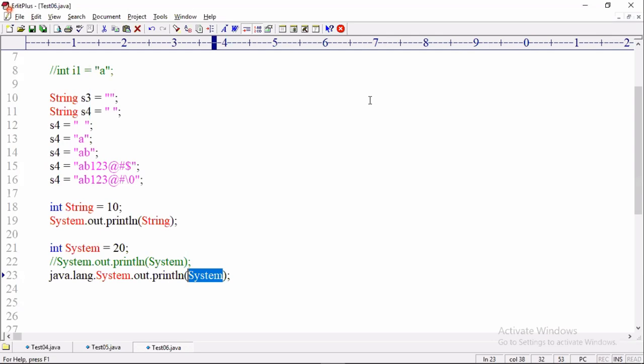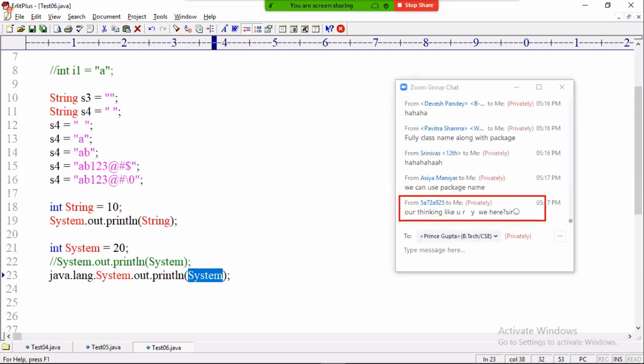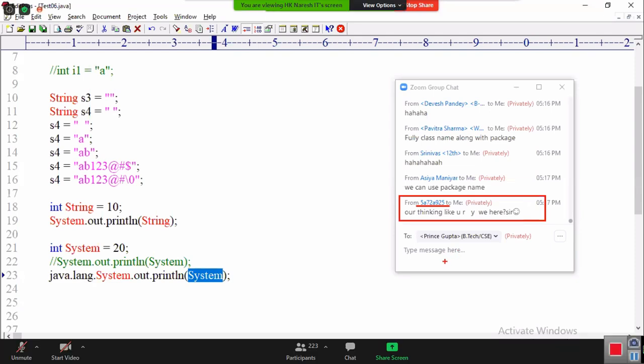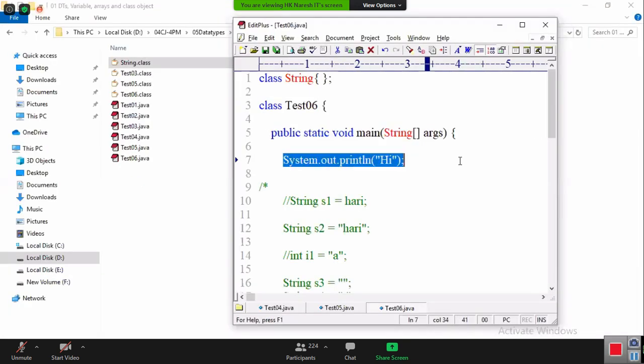I don't talk to you, fellow. You come first of all with your name. Join the class with your name. Your father and mother gave you a name, but you never join the class with a name. You are an unknown person, an anonymous person, no name, an orphan. Main method, SOP and hi.